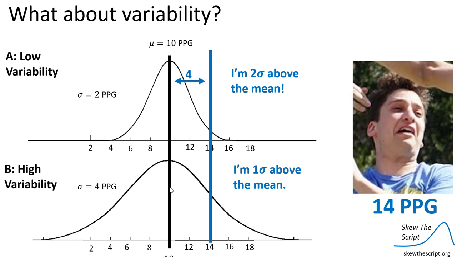But with that high variability, if we're comparing against a team where the people are varying pretty greatly from the mean, that is not as impressive because I can see that there's still a big group of people. All this data here, if I were to shade it in, is going to be above the mean. So, I mean, it's still very good, right? Like we're still in a top percentile, but not nearly as tippity top as that low variability data set. When I actually look at the percent above the mean, it's 2.5% versus 16%.